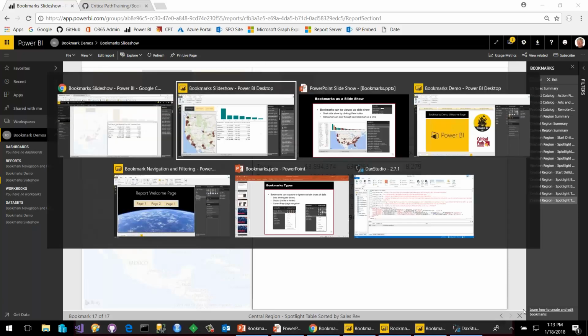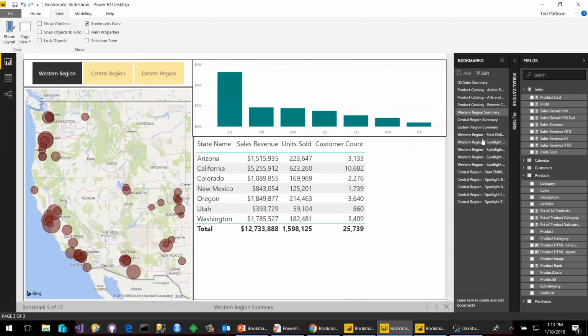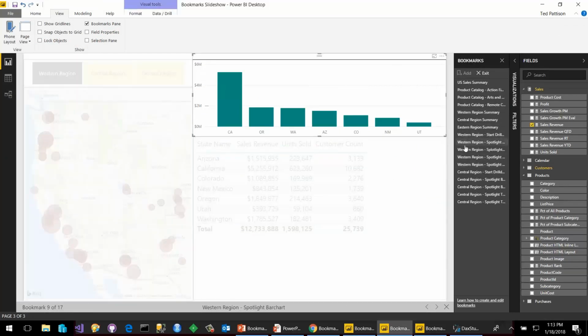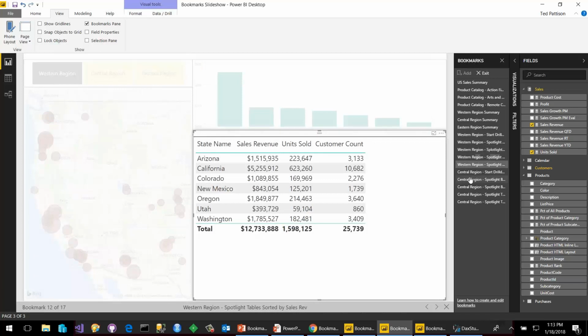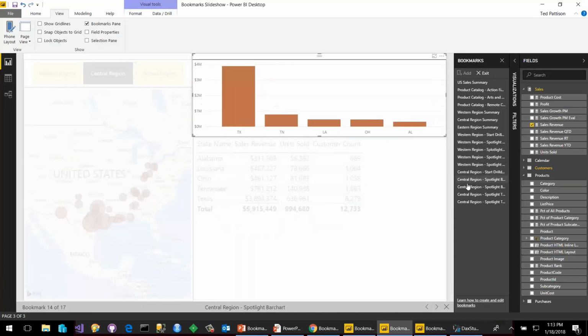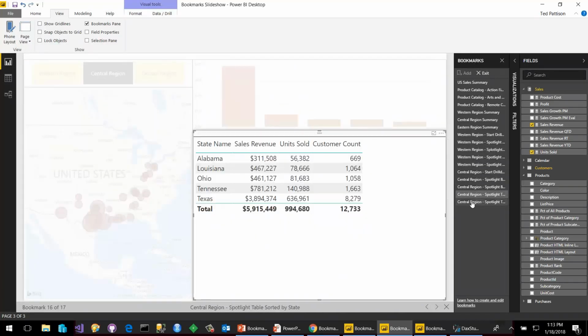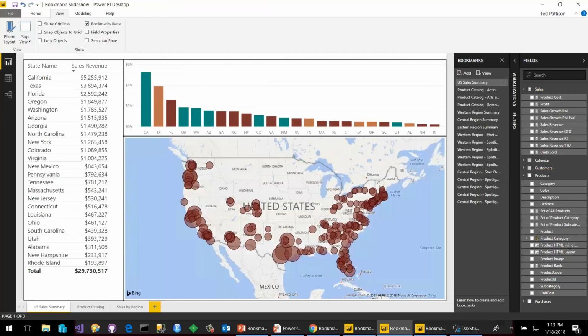Okay, now what you can see here is that when I was in Power BI Desktop and I was building this out, I was able to take these different bookmarks inside here. Now I built the central region bookmarks inside here. Great. Okay, now let me exit out of that particular mode right here. And one of the things that you can see